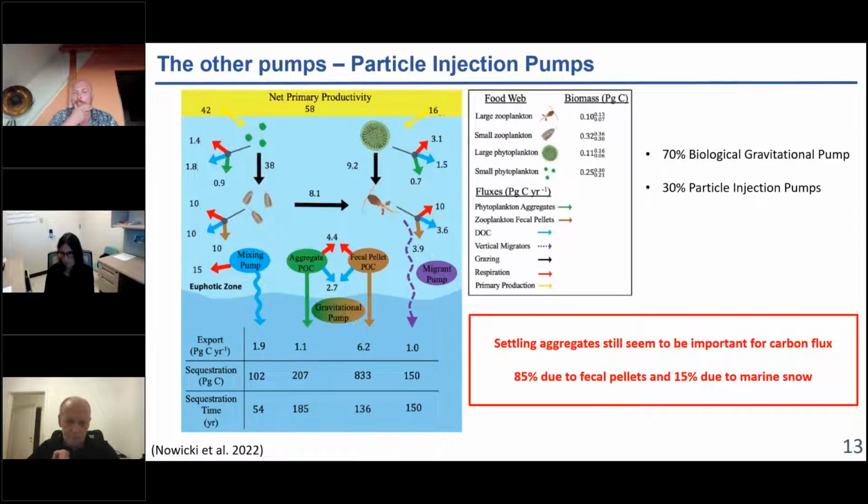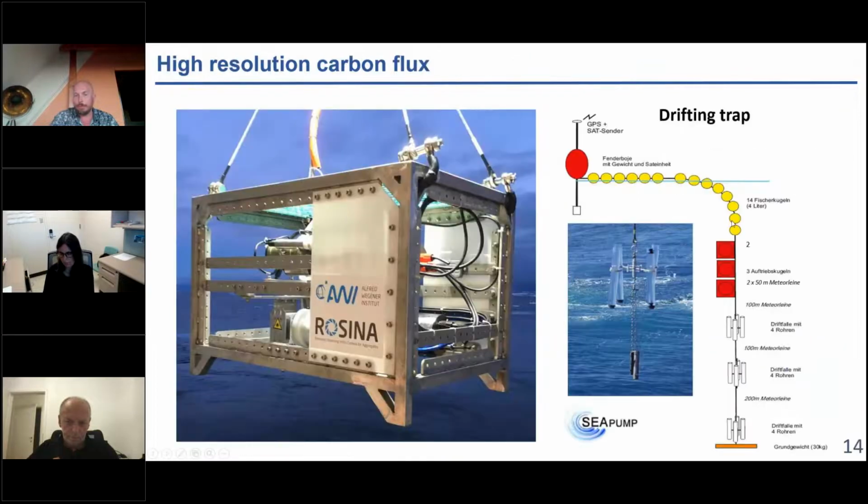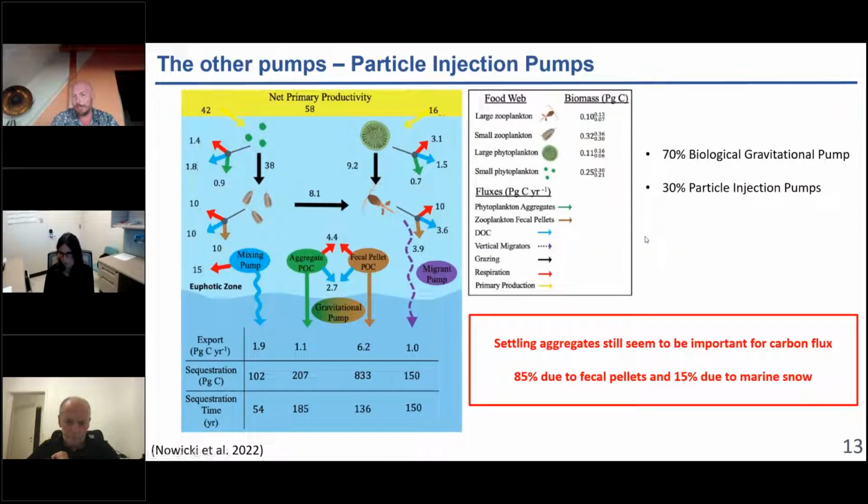So settling aggregates still seem to be important, whether it's 50% or 70%. And they were suggesting that 85% of all carbon flux was due to fecal pellets and only 15% due to marine snow,